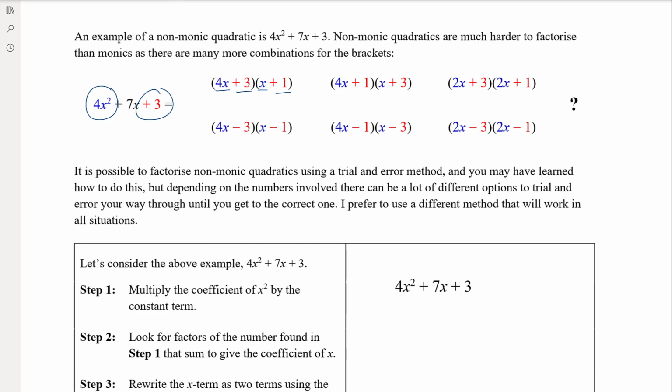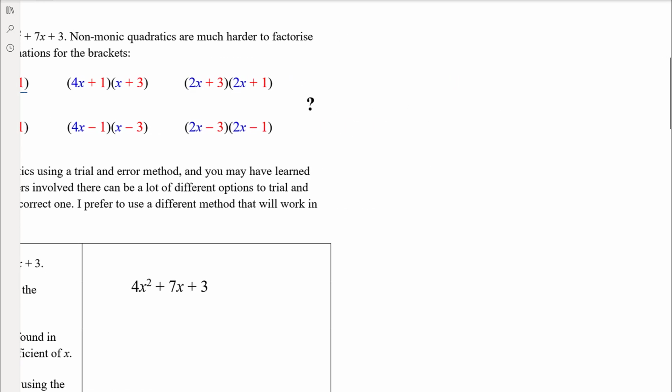So they have to be plus 3 and plus 1, or negative 3 and negative 1. Okay. But then how do we utilise this 7? It's not as simple as I said previously, and that's because, let's look at this more generally before we have a look at the specific example. So what we're looking at is potentially we might have